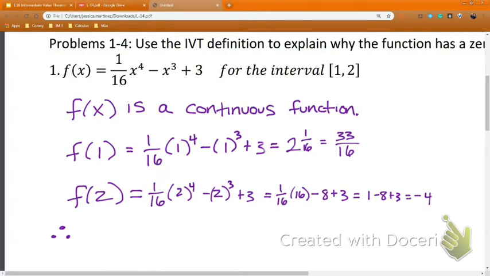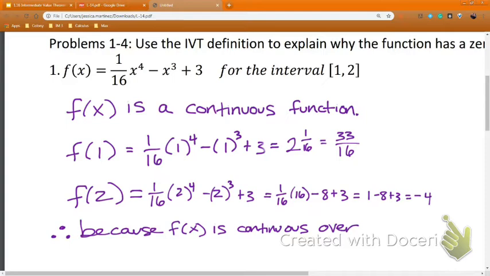Therefore, we have to conclude, we literally have to write everything we just wrote. Because f of x is continuous, over those prepositions are tricky. You can pretty much put whatever preposition you want. Over, on, through, whatever interval. I just like to say over the interval. You could say on the interval. Because f of x is continuous over the interval from 1 to 2, the closed interval from 1 to 2,